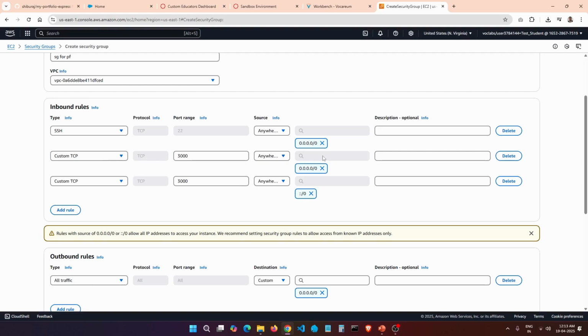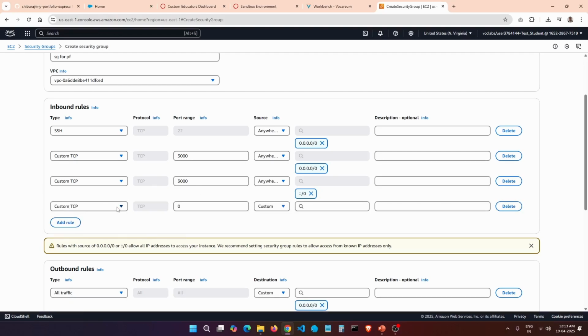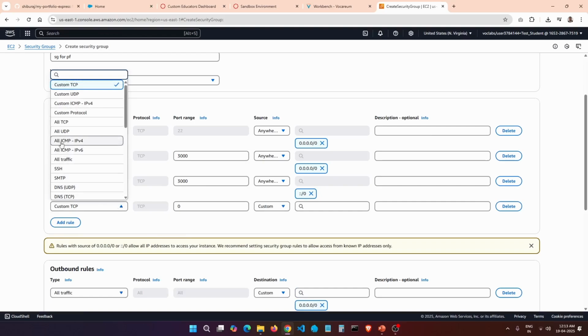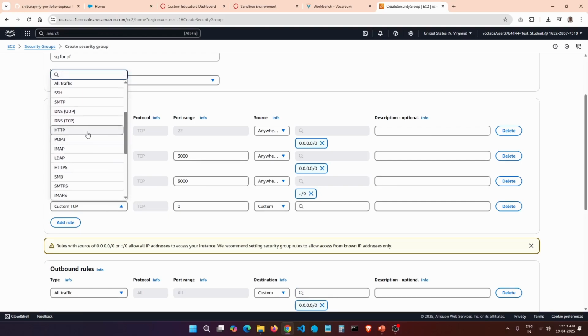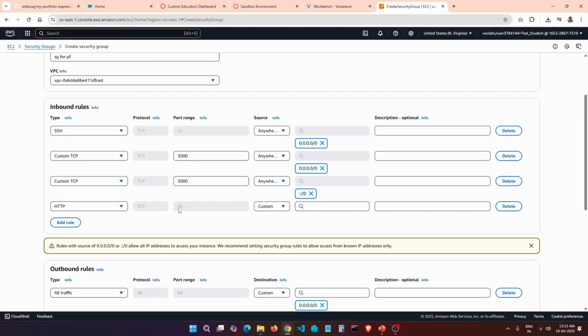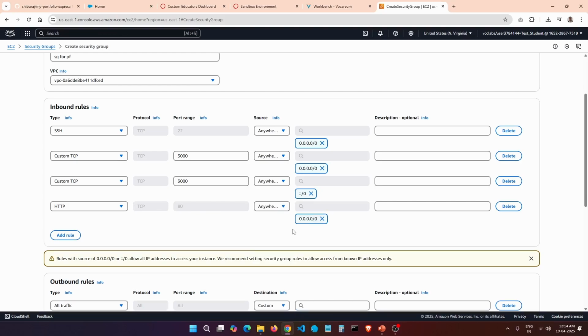Okay, so I have added these rules. Now this is specifically for the app that I am going to host. Now let's suppose your app is running on port 80, that is an HTTP port, right? So you have to add that as a rule. Because HTTP is a well-known port, it must be here already. So you can just select that and you can see port 80 is already selected. Then from anywhere you can select IPv4, and similarly you can add an